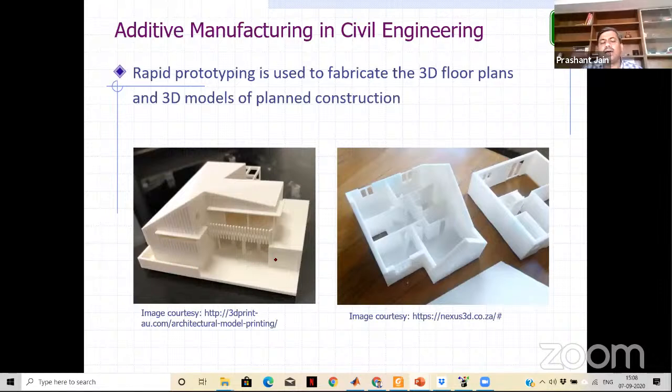Can be shown to your customers, right? How your house will look like. You can see here that the door openings can be clearly shown and explained to everybody in 3 dimensions. Right? People can have these models at their home before building their house. You can see here the stairs view, the windows view, right?